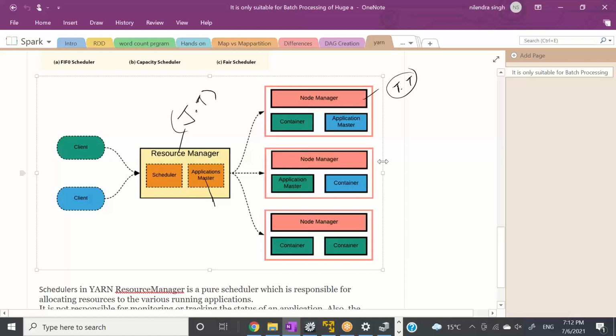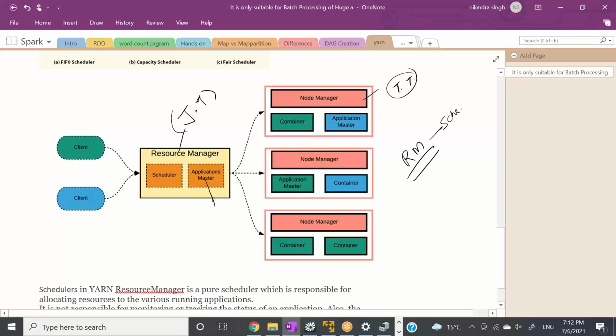Yarn stands for Yet Another Resource Negotiator, and as the name suggests, it negotiates resources on the client's behalf, right? So when we talk about resource negotiation, or whenever we want to run a job, there are two things especially. The first thing is to schedule the job, and the second thing is to monitor the job. So Yarn divided this responsibility into two sections. Yarn has two components actually, the resource manager, and inside it, so what is the resource manager doing?